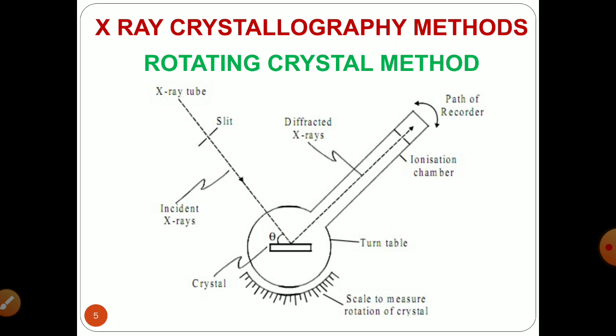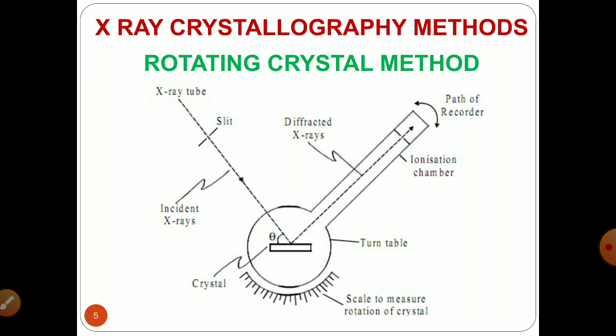So what will happen? The narrow beam traveling through the slit is allowed to strike on the crystal, and that crystal is kept on the platform within your turntable. As you are rotating that table, the turntable will allow the increase in the glancing angle. What is meant by the glancing angle? The surface available of your crystal will be exposed in the proper portion to the X-rays incident on the crystal. The intensity of reflected ray.